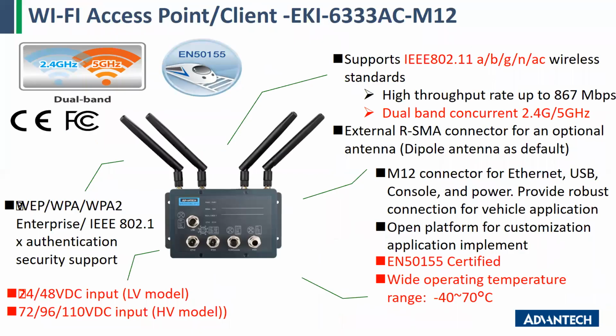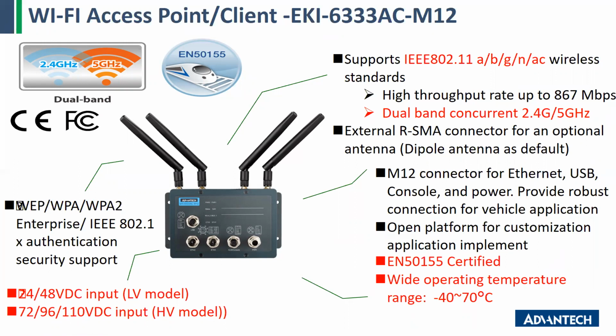Just maybe a little bit more detail on the rolling stock, this M12 connector type. Again, a lot of the differences here are in terms of form factor and the EN 50155 rating. So you wouldn't want to use an ECI 6333 AC 2G, let's say, on a freight rail car. It probably wouldn't work, right? It probably wouldn't meet the